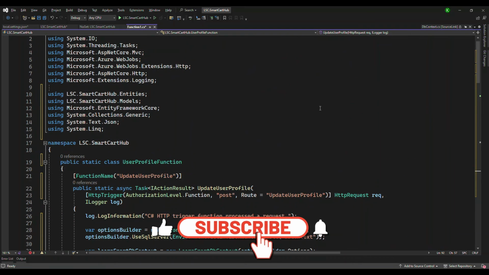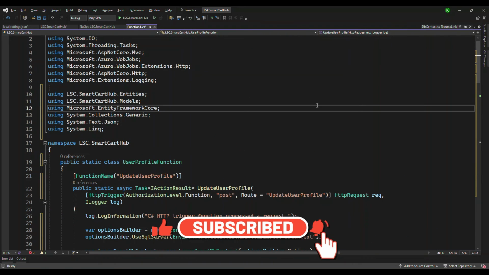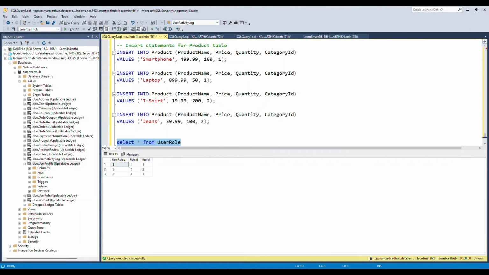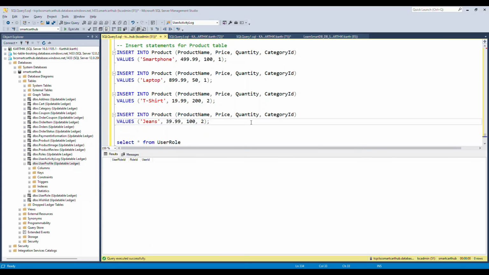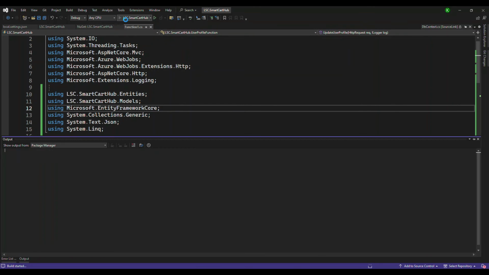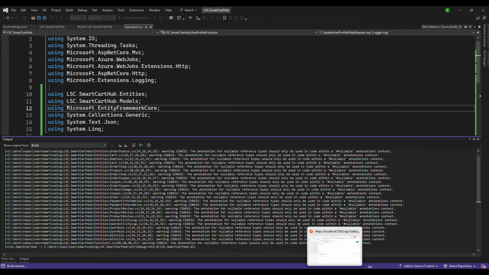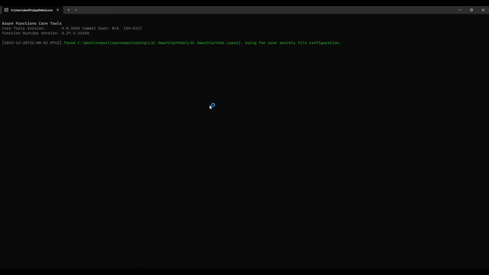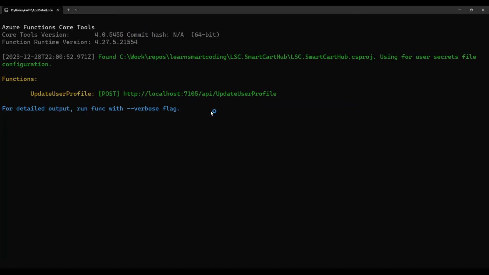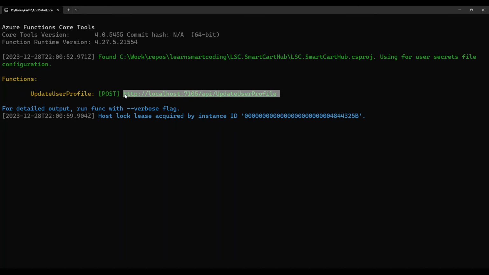This function does only this much, and what I'm going to do is, this user role table has something, so I'm going to delete it, and then when we run it you can understand it. Right now we have nothing. Good, so let's run this, and meanwhile while it is running, I'm going to open Postman, and here let's expand this. See, everything is ready. It also says this is the function available and it runs on this URL. I'm going to copy this URL,